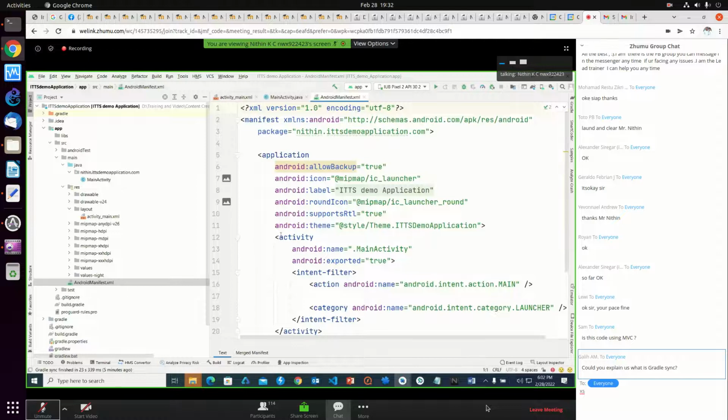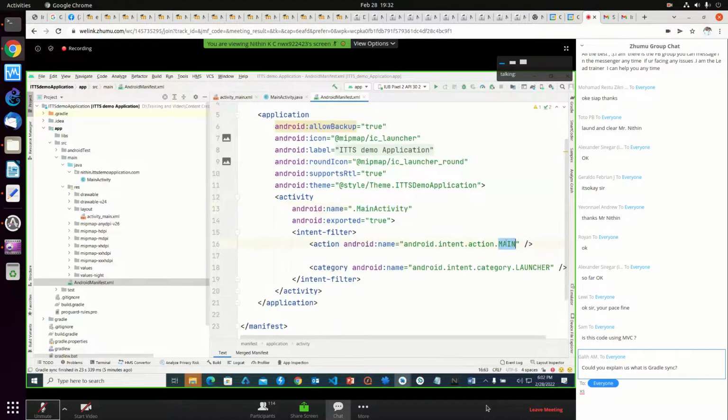Just see here, by default they added this activity name. This main activity is registered here, and this should be the main activity and the launcher one. See here, they mentioned the intent filter. So just imagine you can create another activity here, a second activity, or there you can add your own other